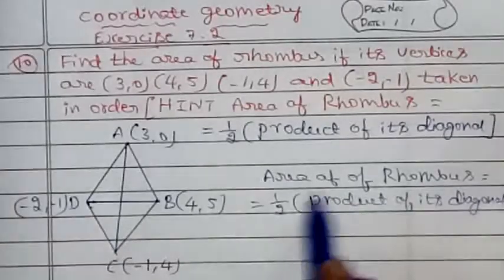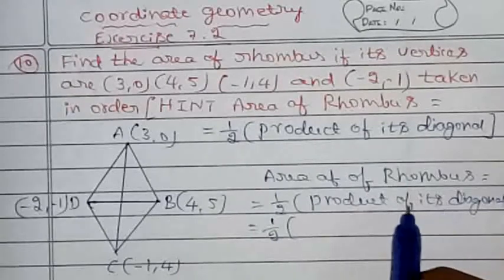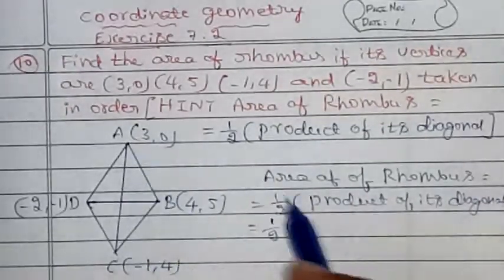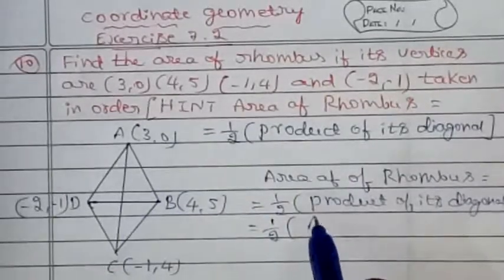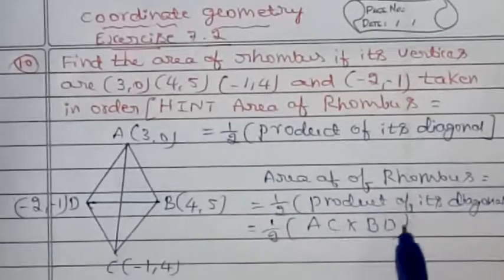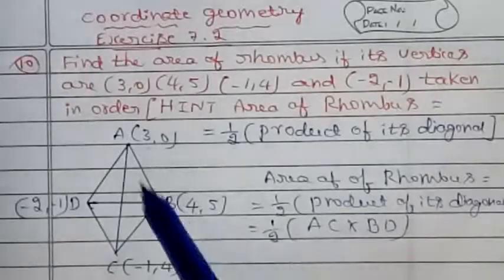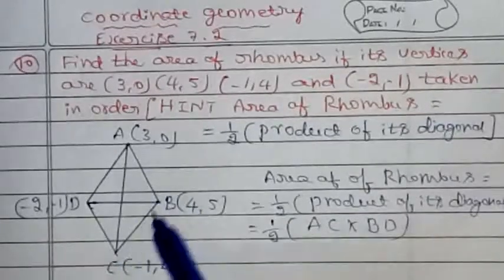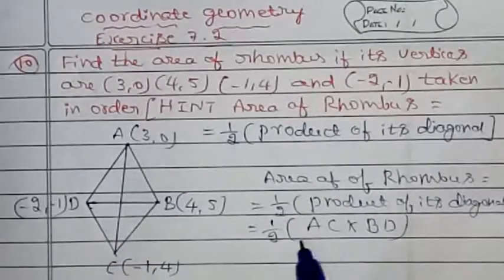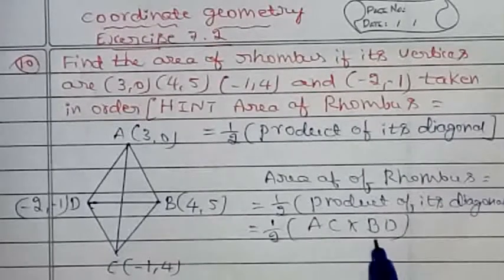So I can write the area of a rhombus formula as half into the product of its diagonals. How many diagonals are there? Here you have two diagonals. Which are they? AC and BD. So this is the formula to find the area of a rhombus. Half into AC, which is a diagonal, and BD, which is also a diagonal. So half into the product of its diagonals is nothing but the area